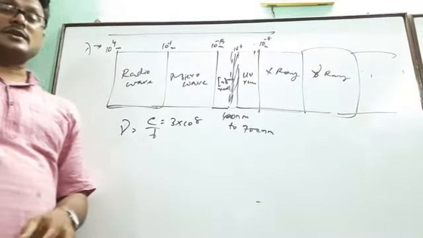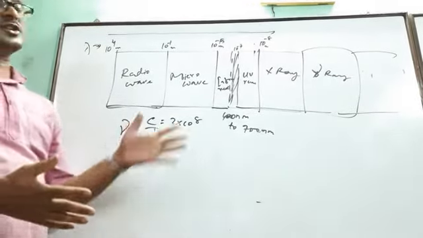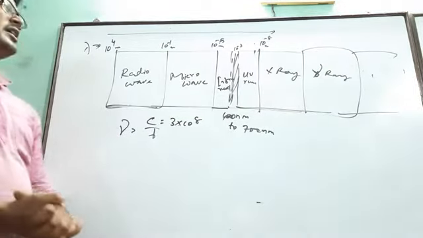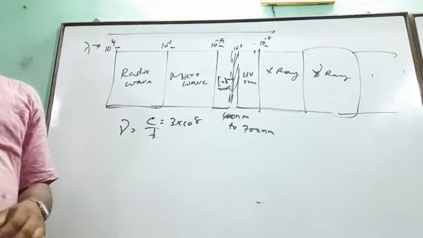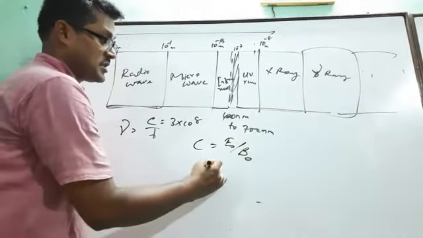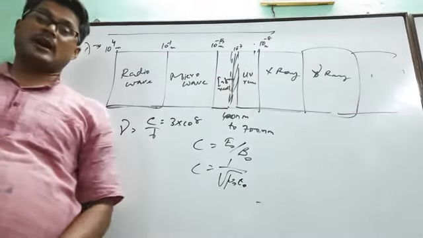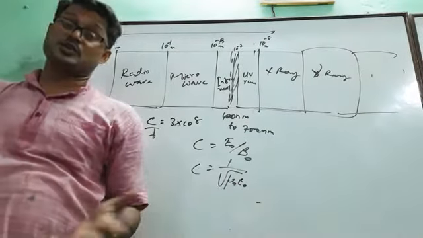So this is a very small chapter but important, because you will get questions from this section in the board exam. So please practice this. And here not so many numericals are required. You only have to keep in mind two formulas for numericals: one, C equals E0 by B0, and C equals 1 by root over mu 0 epsilon 0. These are applicable. And the Poynting vector, I said, S equals 1 by epsilon 0, E cross B.